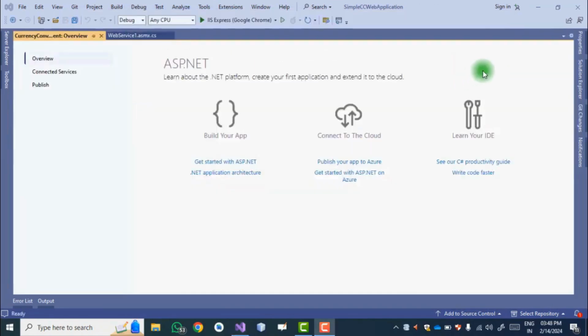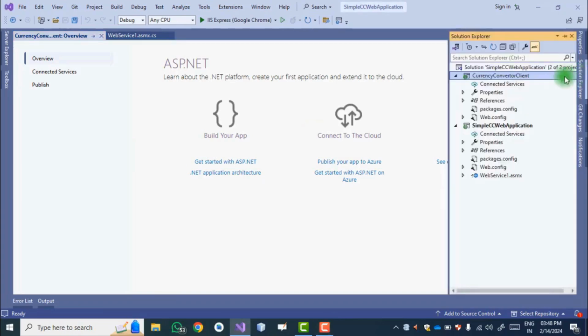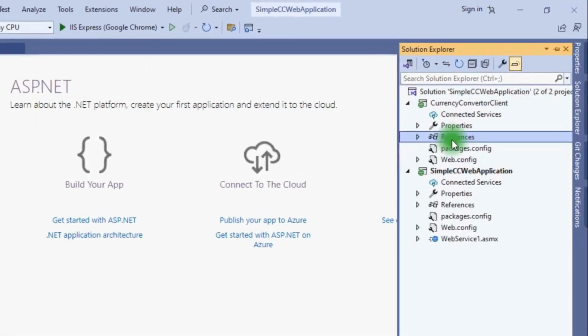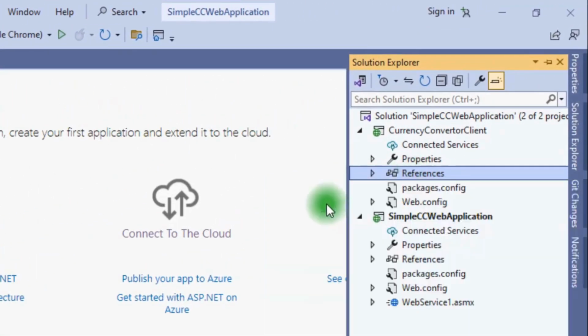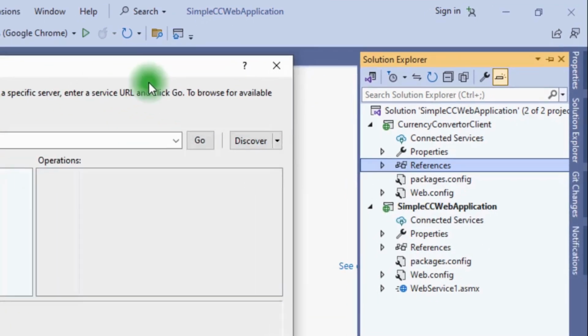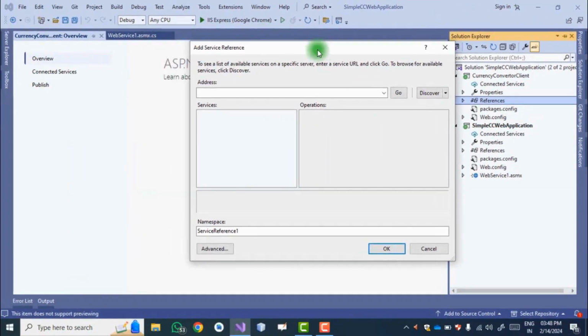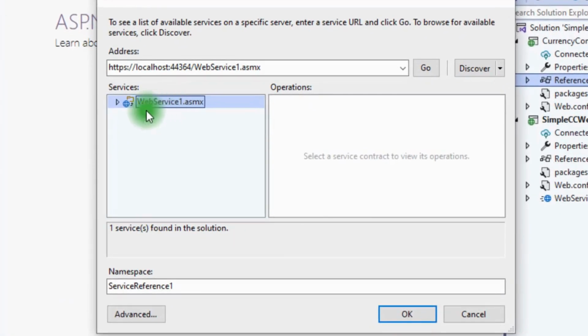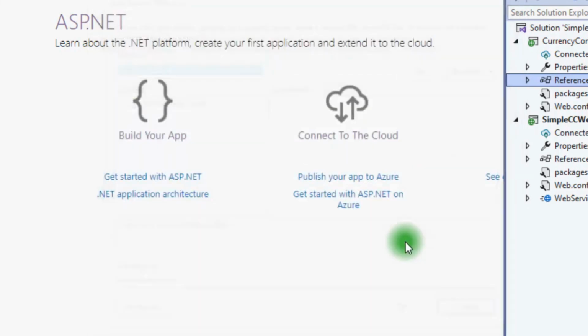Okay, now move to the next step. Go to the Solution Explorer, right click on References, add service reference. Now here we add the reference of the web service that we have created on the server. So just click on this discover button. As we can see, this is the web service, and the web service namespace is ServiceReference1, and just click on OK.